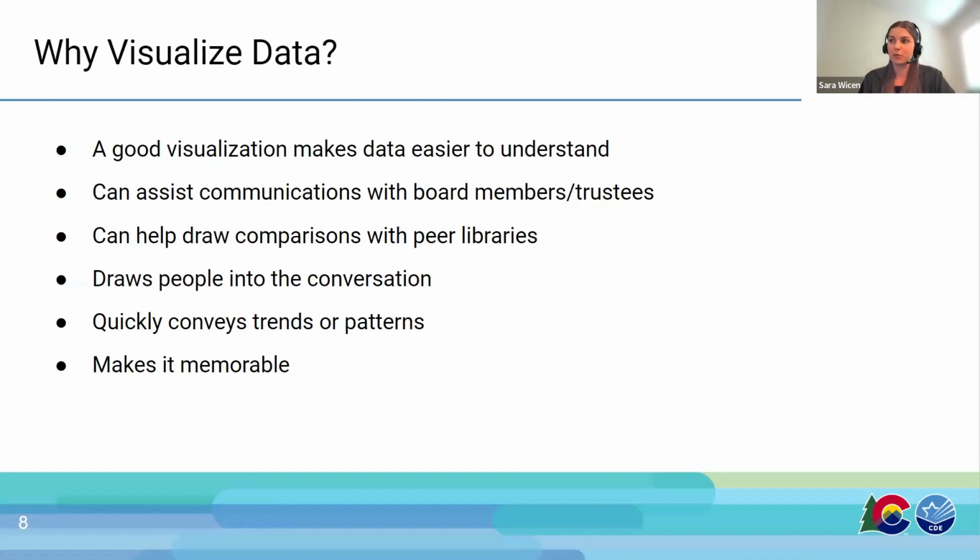Make cases for things like more funding or upgrades to library space through peer comparisons. And really what we're trying to do in visualizations is highlight patterns or trends throughout the data. Looking at how data is changing over time sometimes might be a goal, and then that can help you make more informed future decisions for your library. We can go to the next slide.